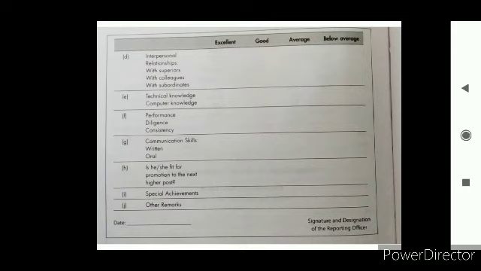So these are the criteria mentioned for the annual performance report, and the range is given from excellent, good, average, below average. Finally, the date at the bottom left corner, and at the bottom right corner the signature of the reporting officer.